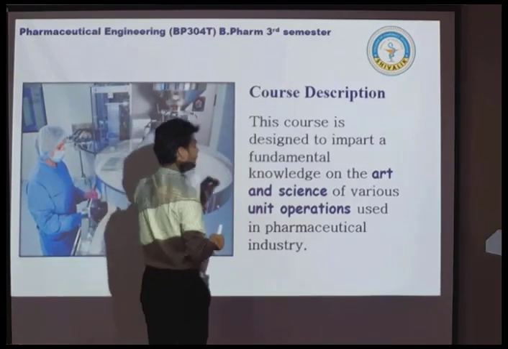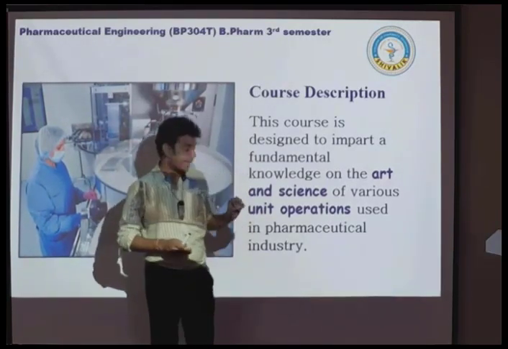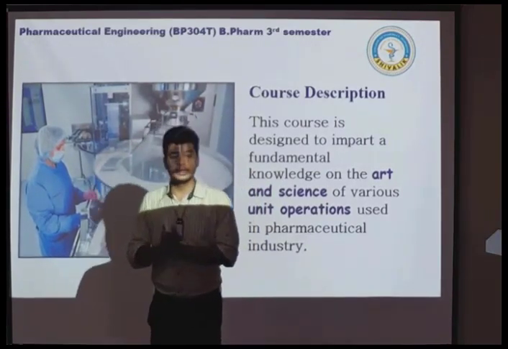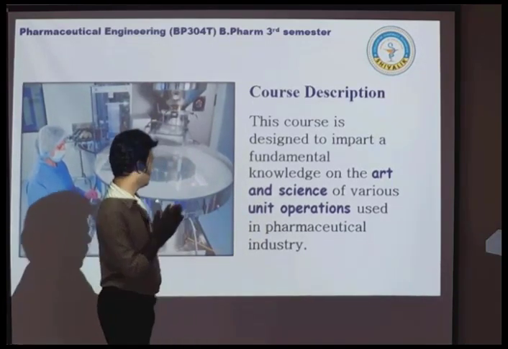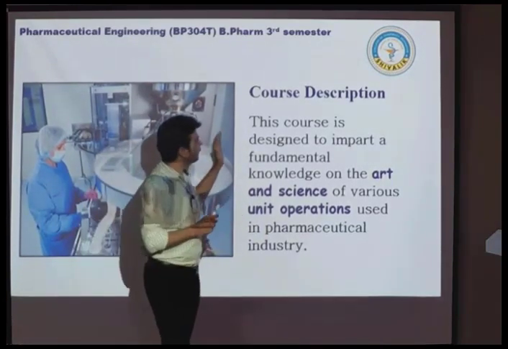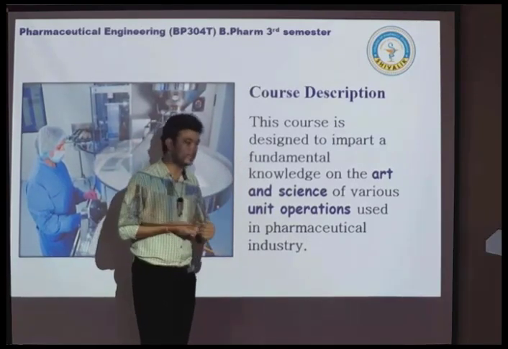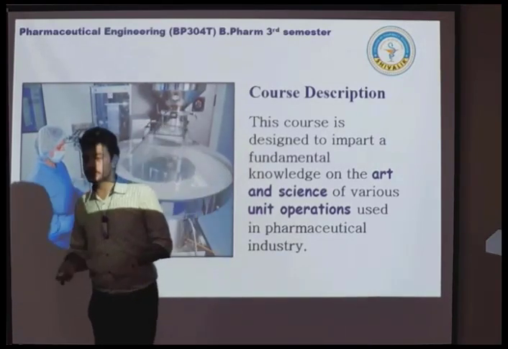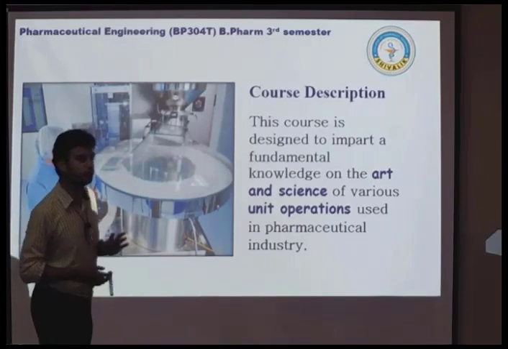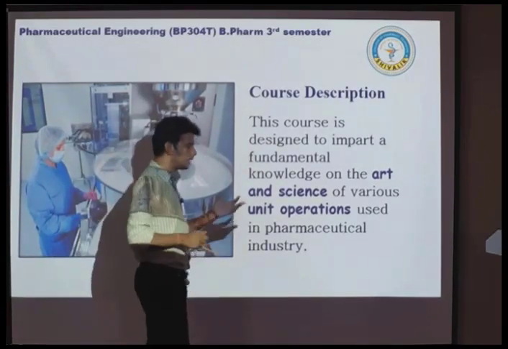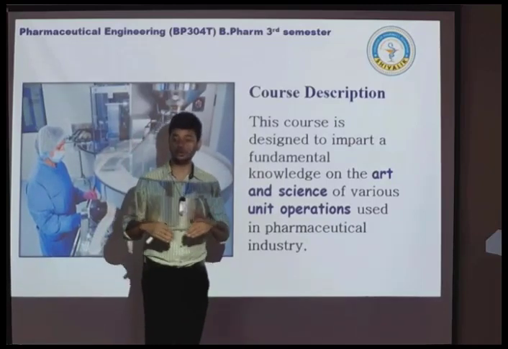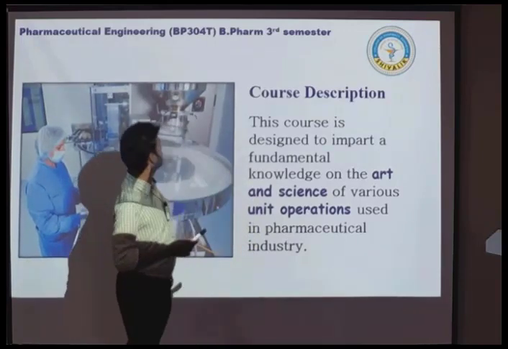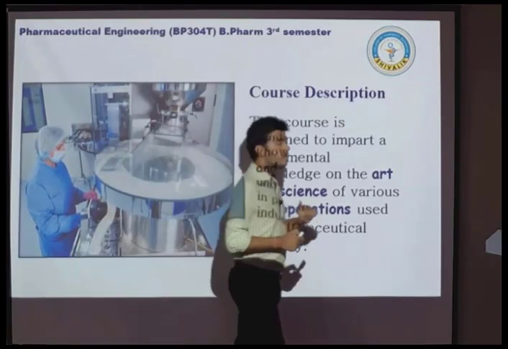Each and every small step that is being used is called a unit operation, and collectively all these small steps are known as a unit process. So it becomes very necessary to have comprehensive knowledge of this subject if you are manufacturing a pharmaceutical dosage form. A dosage form may be tablet, capsule, syrup, suspension, emulsion, powder, and even cosmetic products too. So how to produce them, what machinery we are going to use, what the unit operations are, how to conduct all these unit operations, all these things will be studied in this semester in this subject, that is pharmaceutical engineering.